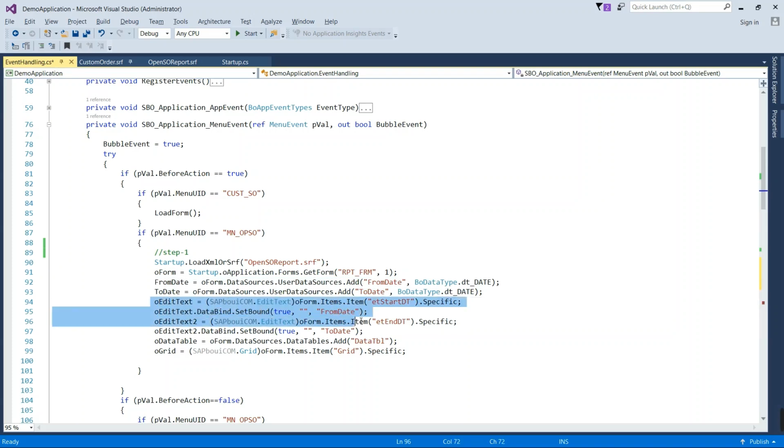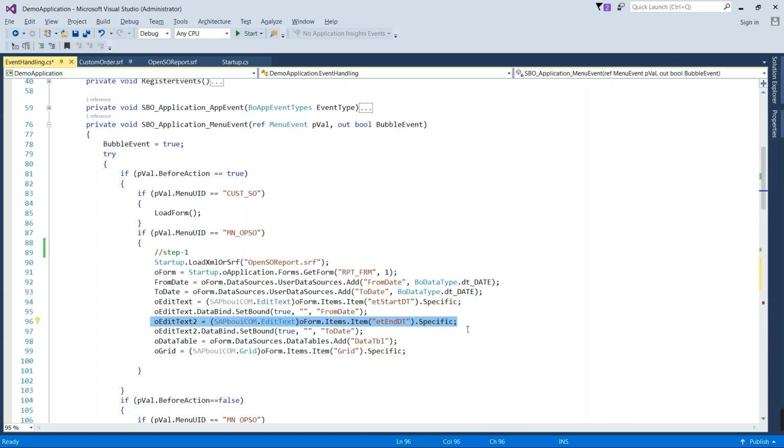And further I have created an edit text object from the screen, and we are here binding the edit text box with the from date user data source. You can see here with the help of the set bound function. Similarly we are doing this for edit text box 2.